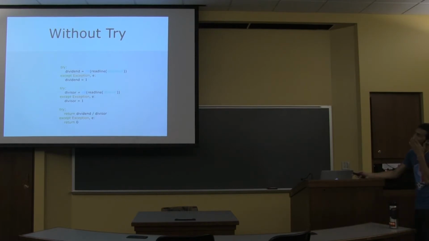So an example of without try, right? We're getting some user input. We're getting a dividend. We're going to read that from the user, and then if anything fails, we're just going to default to 1. Then we read the divisor and do the same thing. If something breaks, we're going to just default that to 1. And then we're just going to divide that